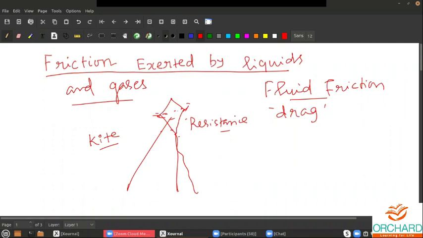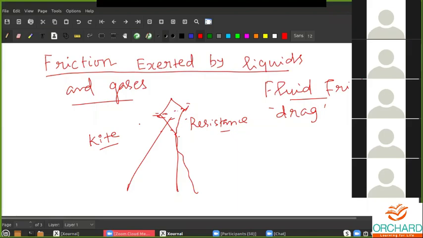Okay, the same principle is, so please don't scribble on the screen. Who is this? Please don't scribble on the screen. I stop share and again